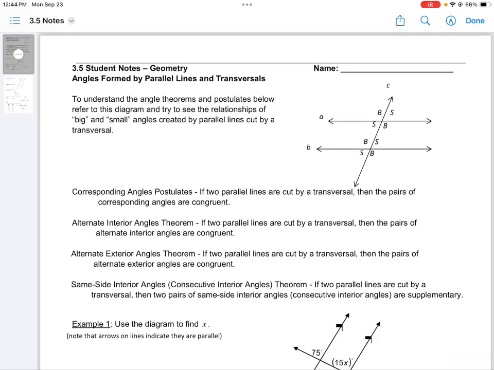Hey guys, this is Coach Brian going over the 3.5 notes with you. 3.5 is about the angles formed when you have parallel lines that are cut through by a transversal